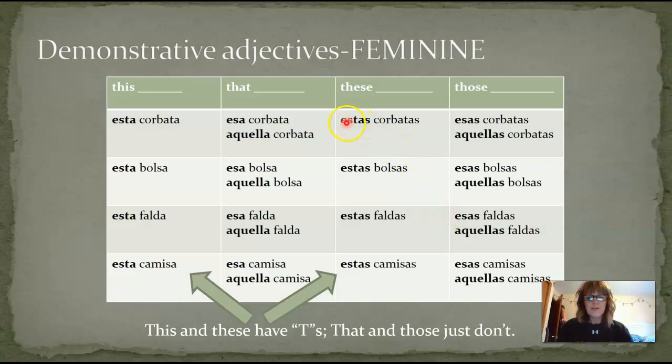Now, you can put colors with those as well. Yo prefiero estas corbatas rojas. These red ties, if that's what you want to use along with that. You can put a color along with that as well, but just notice that the color is a descriptive adjective. It's going to go after. Estas corbatas rojas. Me gusta esta bolsa amarilla. I really like this yellow bag, this yellow purse. Esta bolsa amarilla. Okay, so as you navigate through these and those and this and that,